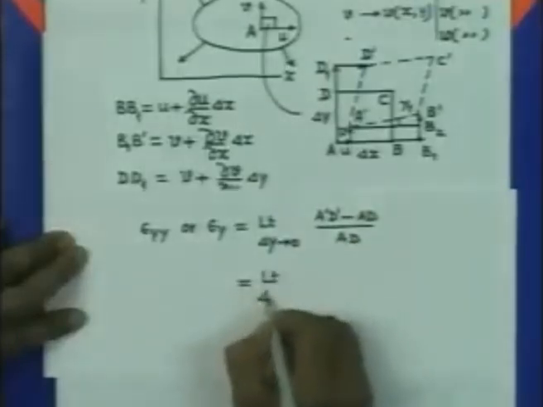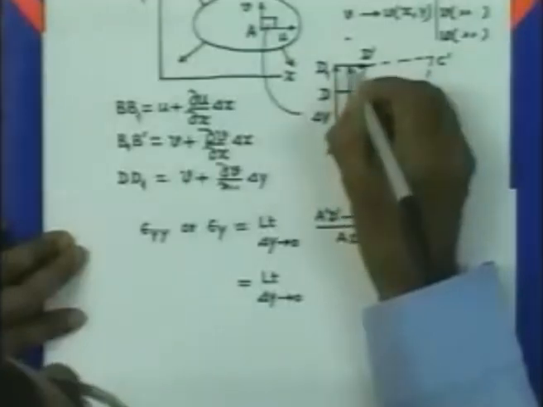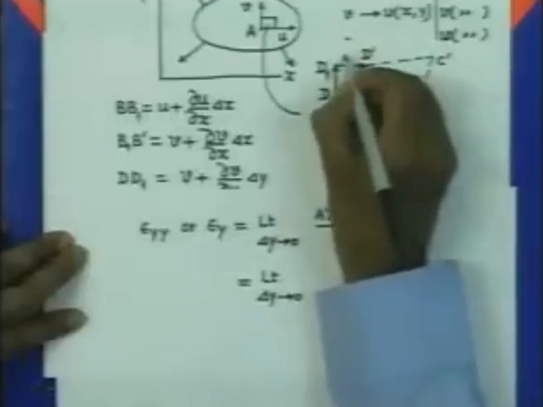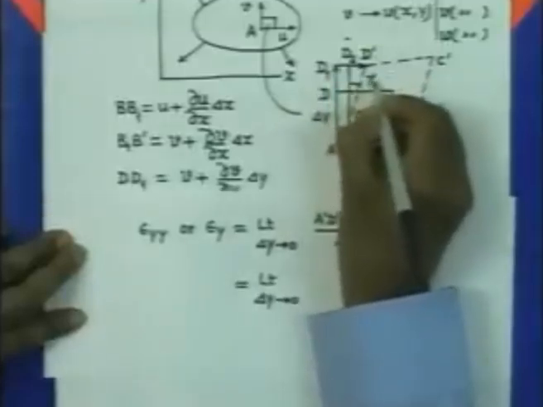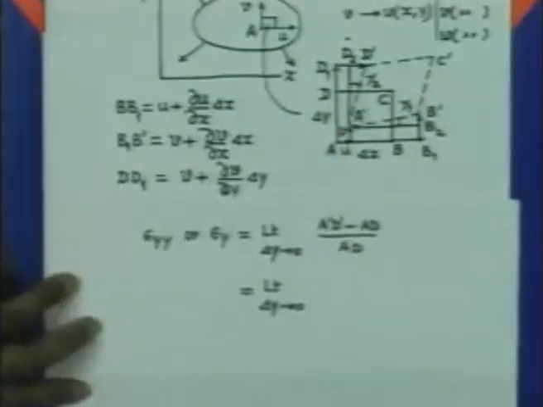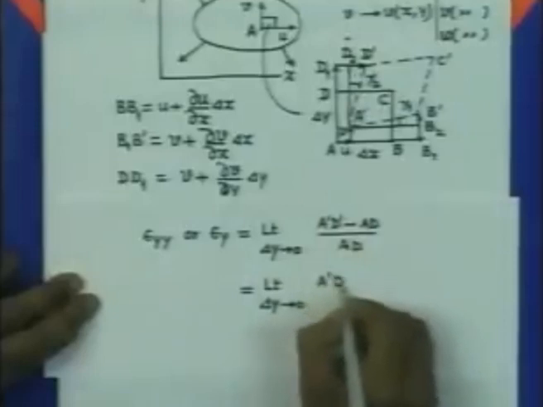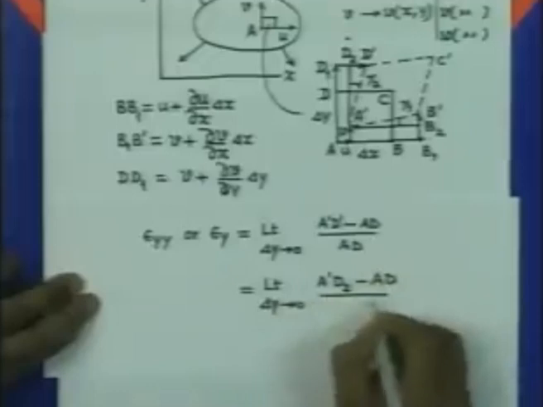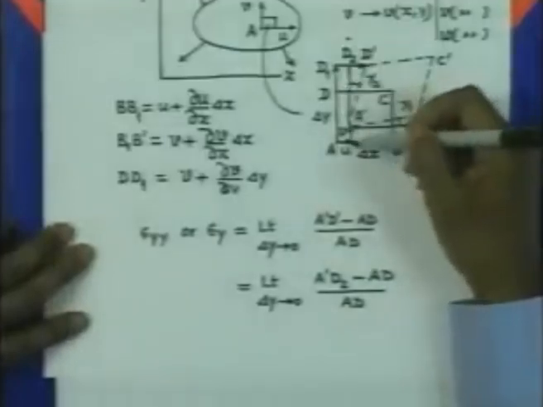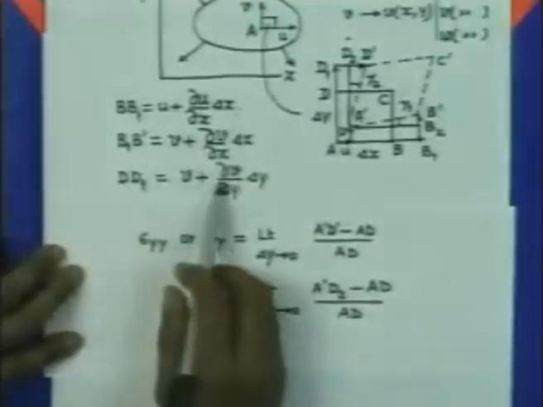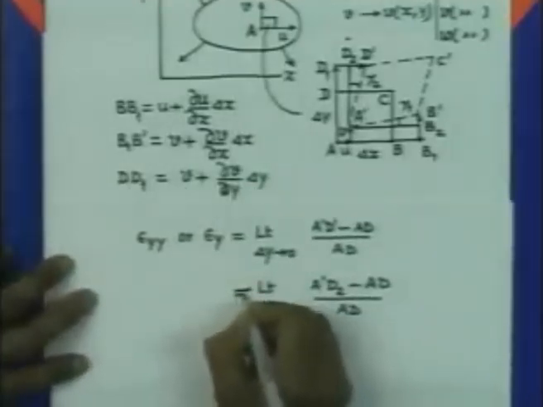Now we can write this again. We can approximate A'D' by drawing a line parallel to the y axis, and if we consider this point to be D2, since this angle, let us say gamma 2, is very small, we can approximate A'D' by A'D2. So it is (A'D2 minus AD) by AD, and since DD1 is known and this displacement v is known, DD1 is nothing but v plus (delta v by delta y) delta y, then we can write this thing as approximately equal, not exactly equal, to